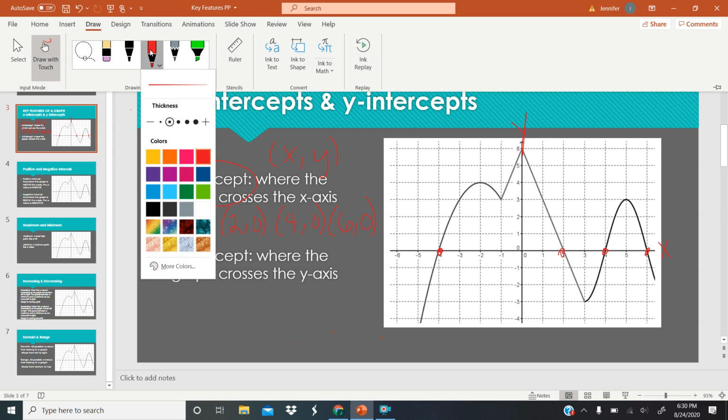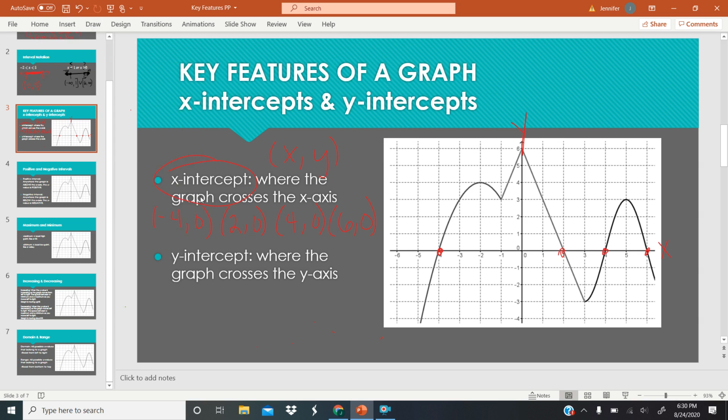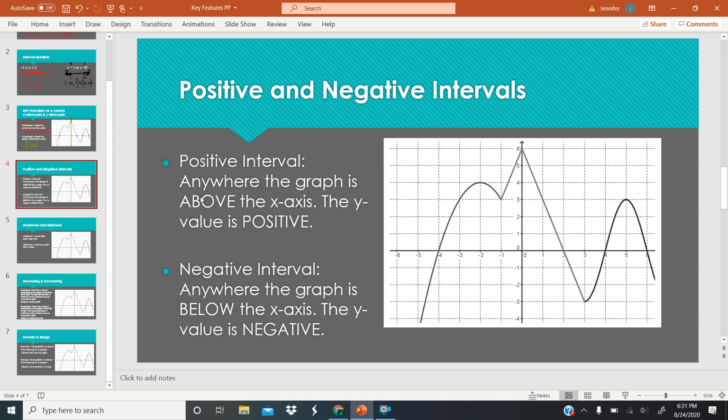And so then going on from there, we're going to look at our y-intercepts. So that's where the graph crosses this vertical axis, and it only hits the axis one time, right here at that 6. So you're going to write that as an xy coordinate again, and since it doesn't move left or right, the x coordinate is going to be 0, and then it goes up 6, so the y coordinate is going to be 6. So that takes care of the x and y intercepts, and then we're going to move on to positive and